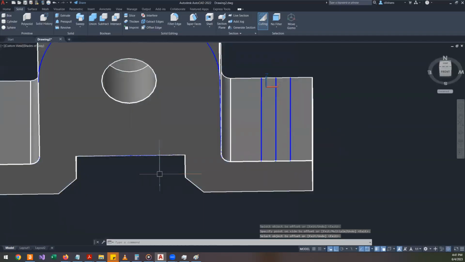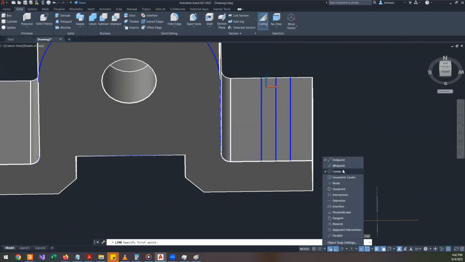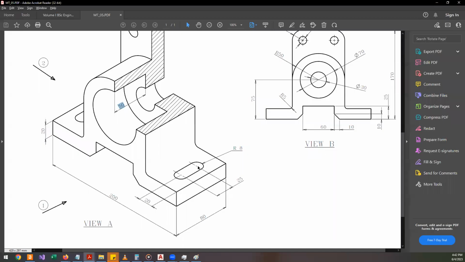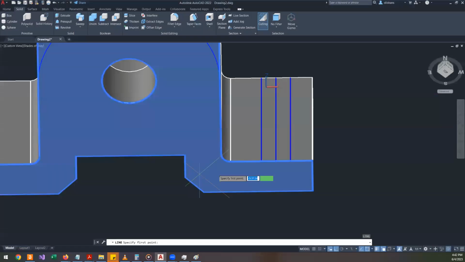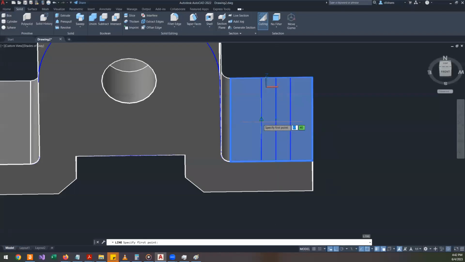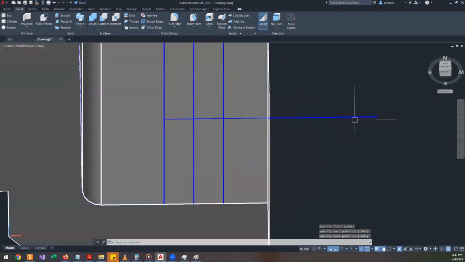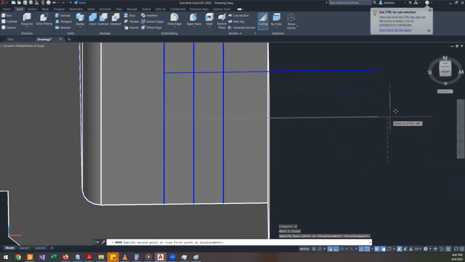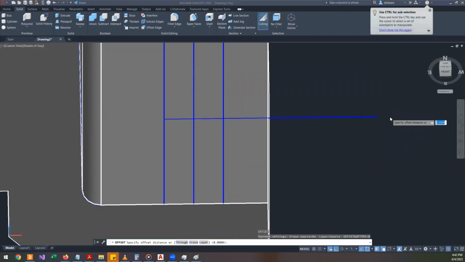Offset that by 8. Let me go to the midpoint. I need to simply cut away this. I need to make it like 25 millimeter. So there are different ways, but I will use, let's say, the most primitive method. So I will offset that by how much? 12.5. 12.5,